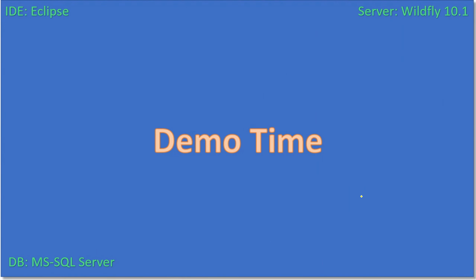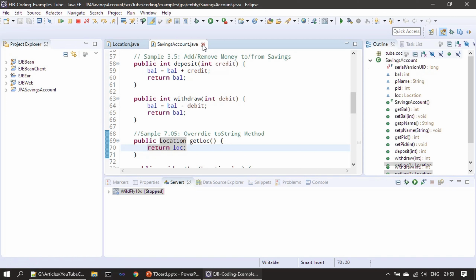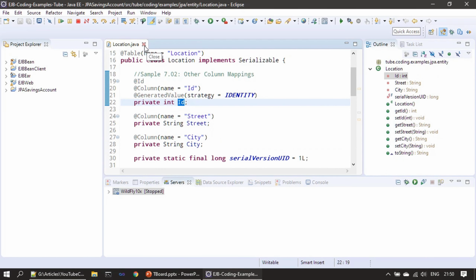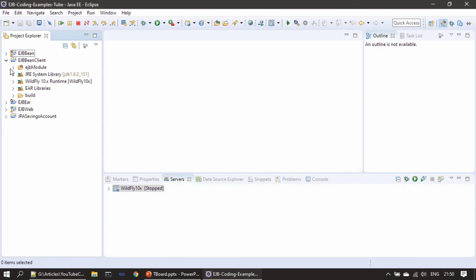Alright, now it's demo time. Let's go to Eclipse and start implementing this bean layer. Alright, in this video we are going to make changes for our bean layer. So we will close our entity classes which we opened as part of our previous video, savings account entity and location entity. So we closed both and we will move to our EJB Bean client remote interface,